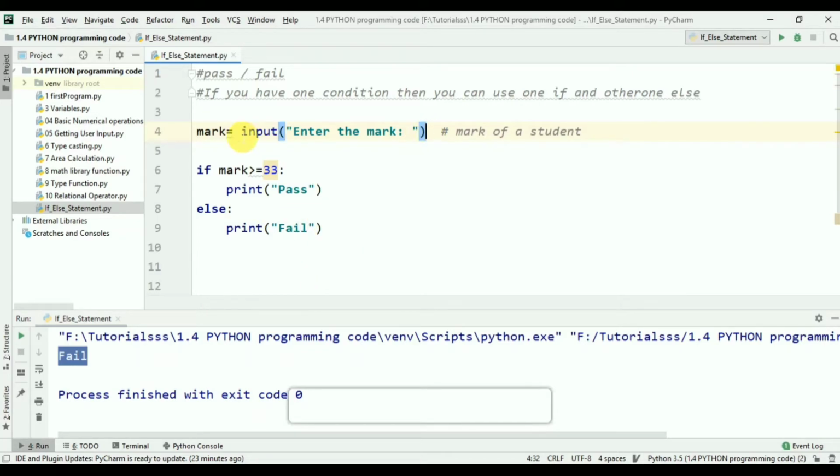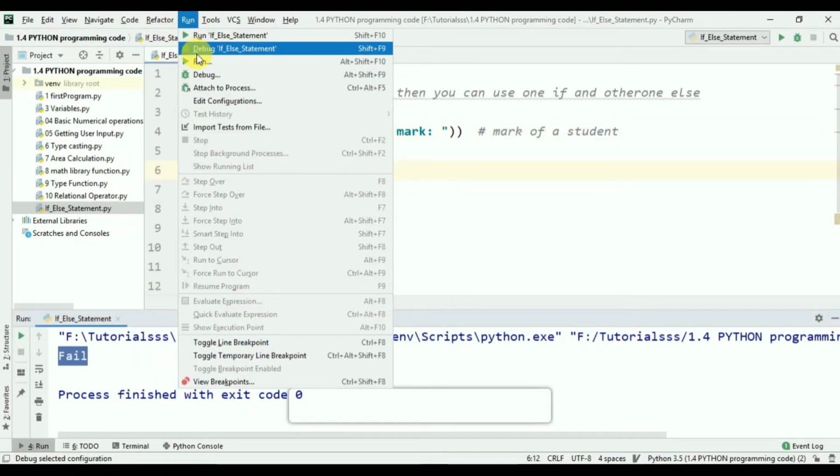This is now a string format, so we have to typecast. I typecast it to integer like this. Close this bracket. So we have converted our string into an integer value.